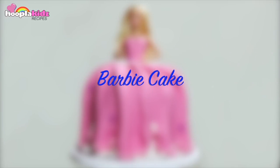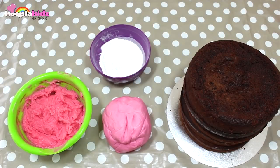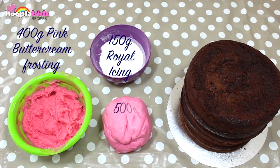Today I'm going to show you how to make a Barbie cake. Doesn't this look amazing? Can you believe you can eat that? It's a cake. So for this you're going to need 400 grams of pink buttercream frosting, 150 grams of royal icing,